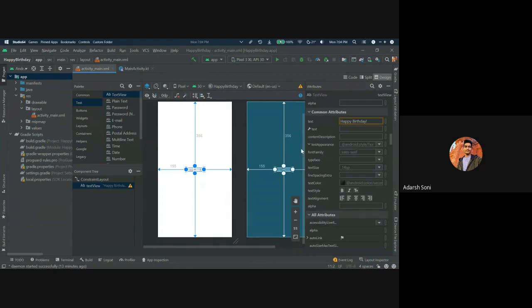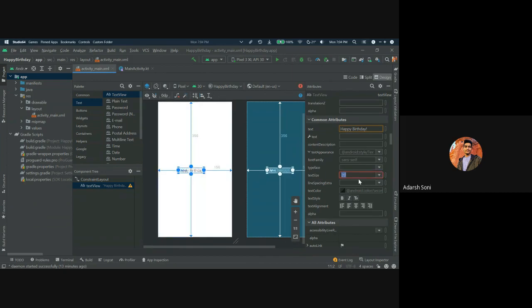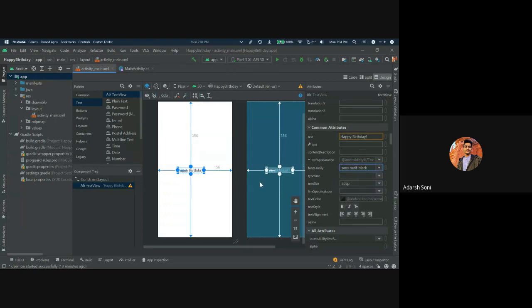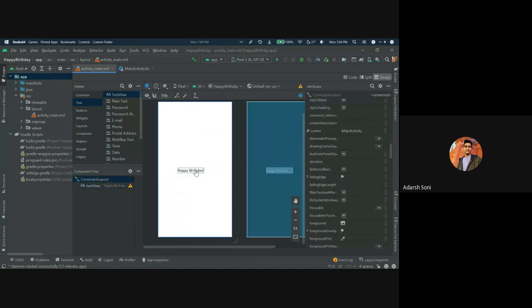Here you can see in text appearance, we can see font family, typeface, text size, text color. We can change the text size to 20 sp, and we can change the font family to anything like this. We can change the appearance of our text view.